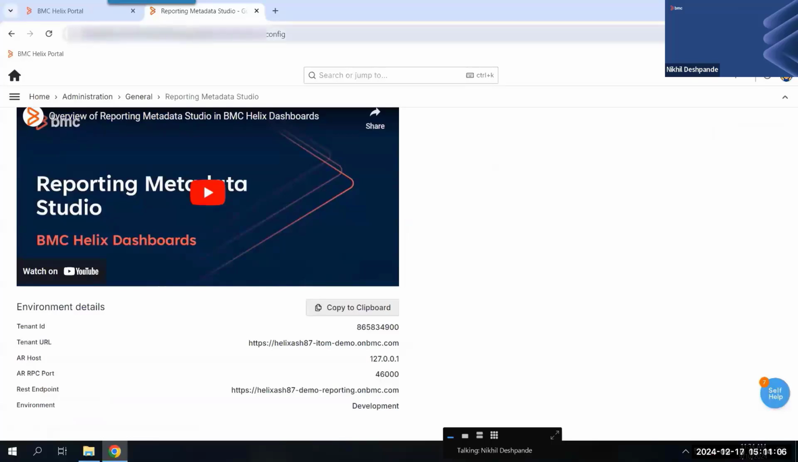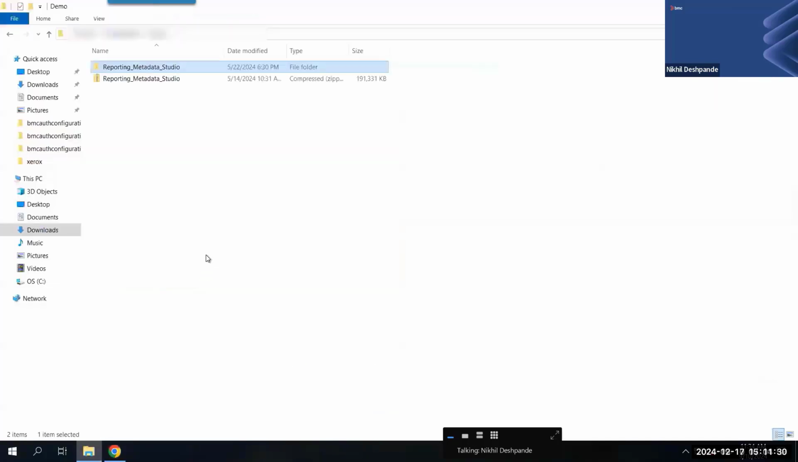Okay, for that we can configure casing, and some of the details which are required, you can get from here. Right, this AR host and port, these are some dummy values because these are the casing gateway host and port. Okay. You can simply use this copy to clipboard button to copy these values. Okay, so